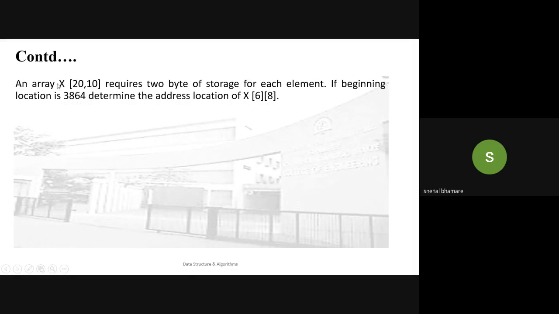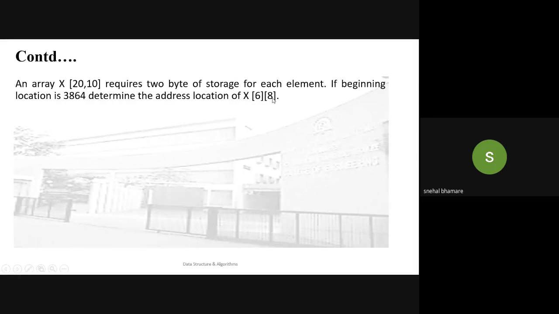That is, let's say we have an array X where the total number of rows is 20 and the total number of columns is 10, and each element requires 2 bytes. The base address is 3864, and we have to find the address of X of 6,8. So can you find out?